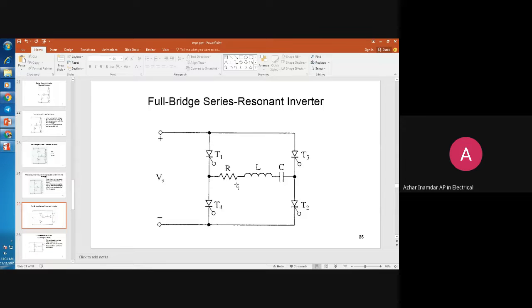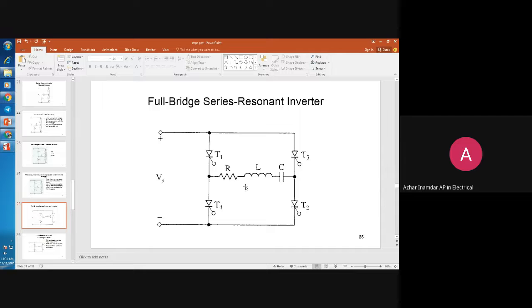Okay, so here the supply current is continuous, but it is pulsating, and the resonant frequency and dead zone depend upon this load. So for this reason, resonant inverters are most suitable for fixed load applications. These are mostly popular for fixed load applications. The resistor R could also be connected in parallel with the capacitor.